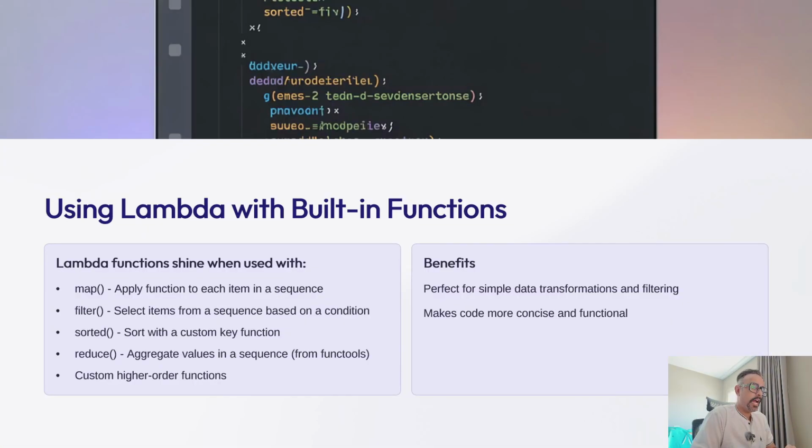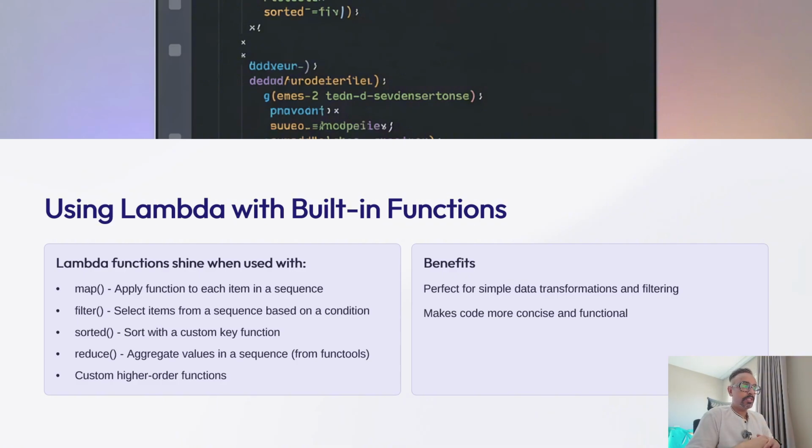Now let's go ahead and talk about how we can use lambda with built-in functions. Lambda functions are particularly useful when combined with built-in Python functions that take other functions as arguments. This includes map for transforming sequences, filter for selecting items based on a condition, sorted for custom sorting, and last but not the least, reduce from the module named functools for aggregating values. In this context, lambda functions allow you to define the operation inline without creating a named function